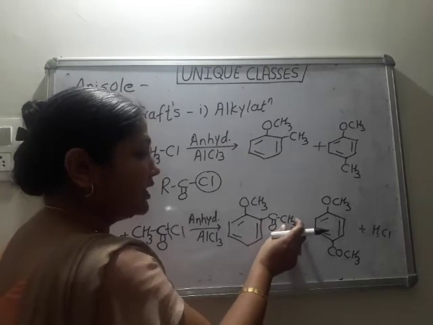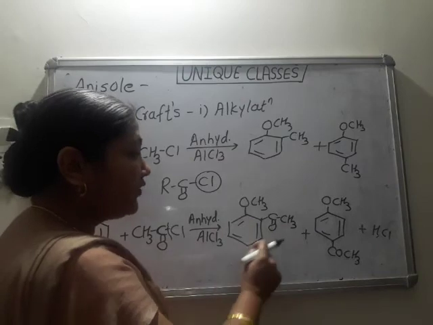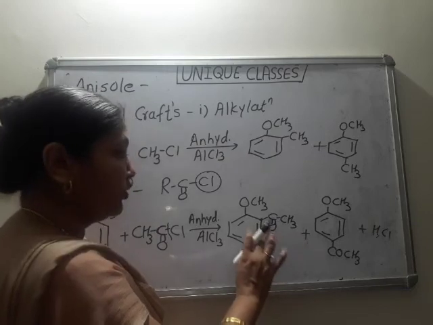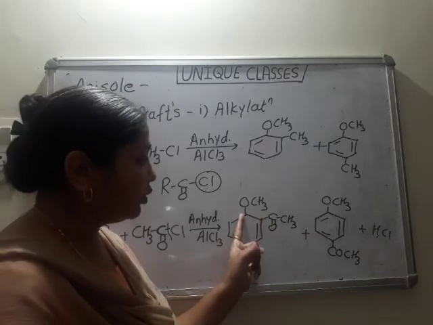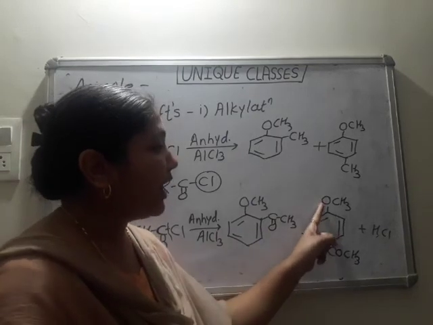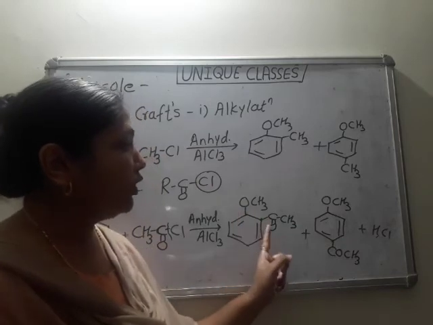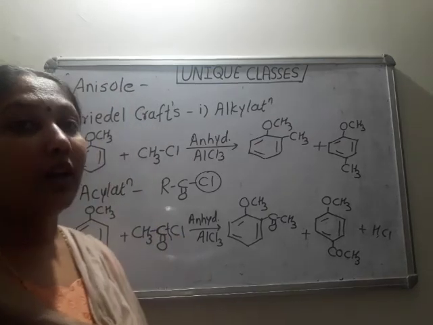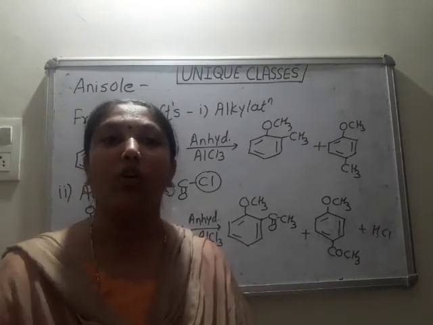Phenone, it's a ketone. This is the acetyl group. When a methyl group is attached to C double bond O, we call it acetyl. And this is the phenyl ring, phenyl ketone. So phenone, ending letters O-N-E, ketone. So at the ortho position there is methoxy. So how is it named? Ortho-methoxy acetophenone. Similarly, para-methoxy acetophenone. Ortho-methoxy acetophenone and para-methoxy acetophenone. That's all the reaction parts of ether, and thus we have completed our lesson on alcohols, phenols and ethers.